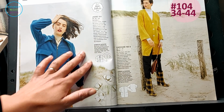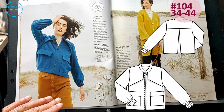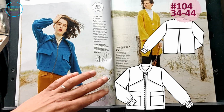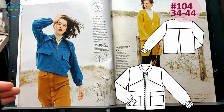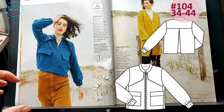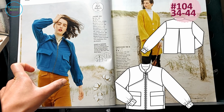Okay, and then this is actually the featured sewing lesson. It is a jacket number 104, and it is full of interesting detail, if that's the sort of thing that you like. And I think that it is a fabulous take on a bomber wool jacket, because it does have the feel of a bomber jacket because of the length and its proportions and how wide it is, but they've